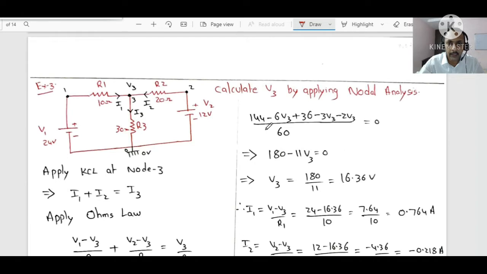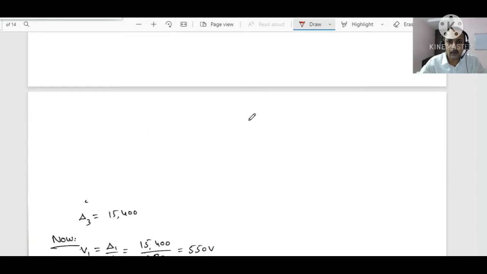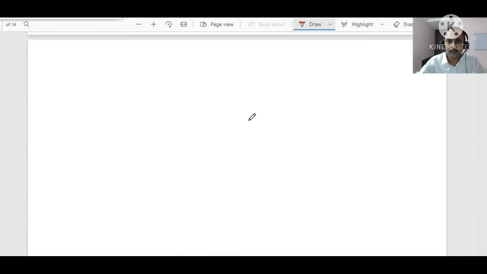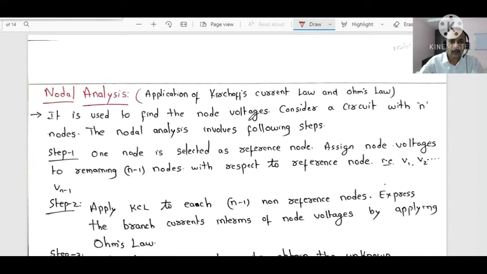and at last we will see one more example. So by the completion of this topic, I will make you familiar with doing these three examples, right? You will understand nodal analysis, right? Yeah, observe,